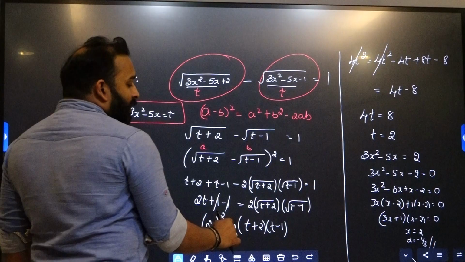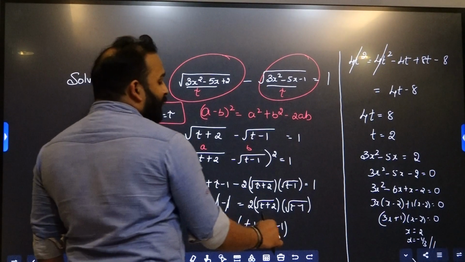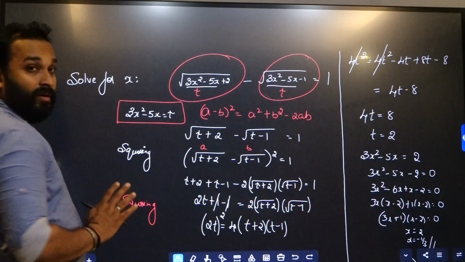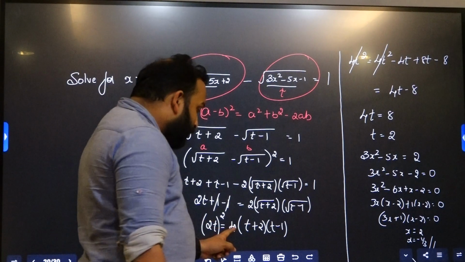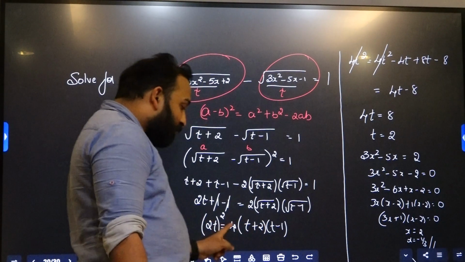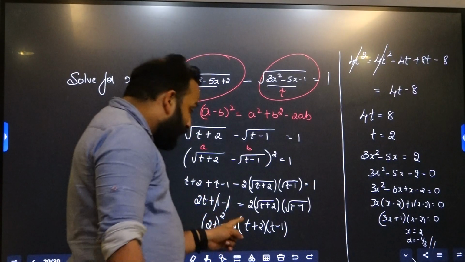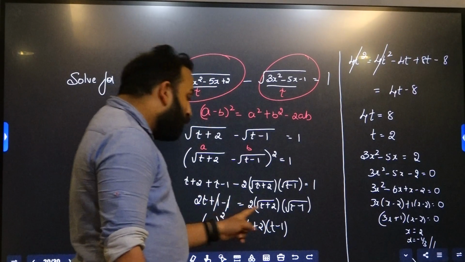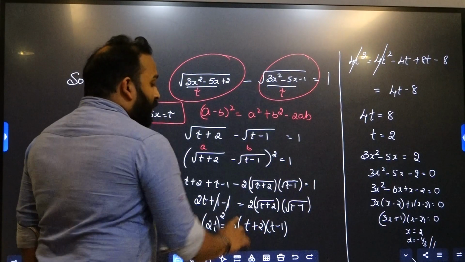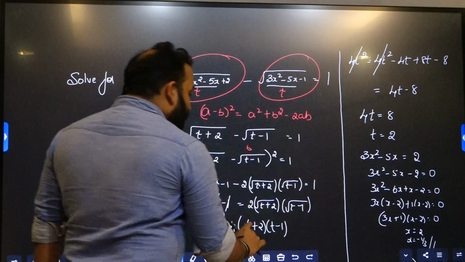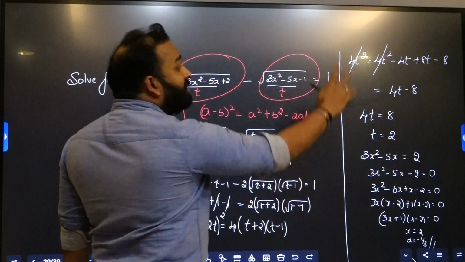2t the whole square is equal to 4 into t plus 2 into t minus 1. So 2t the whole square becomes 4t square. Here, if you multiply, t into t is t square, 4 into t square is 4t square. Again, t into minus 1 is minus t, 4 into minus t, it becomes minus 4t. 2 into t into 2 is 2t, 4 into 2t is 8t, 2 into minus 1 into 4 is minus 8. So that's why